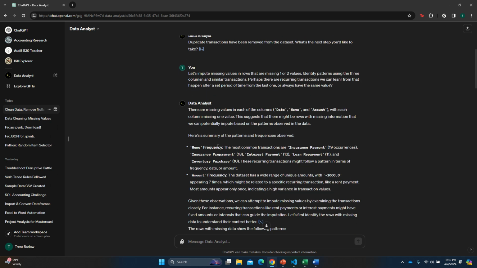The next part is what is really interesting. You ask it to impute values if a row is missing one or two values. So maybe it has amount, but it doesn't have date or memo, or maybe it has date and memo, but it doesn't have transaction, or any mix of those columns. And you're going to ask it to analyze the pattern of the other ones to try and impute values for it. So that's what's really helpful, because that's something you can't necessarily do with Python super well or super easily